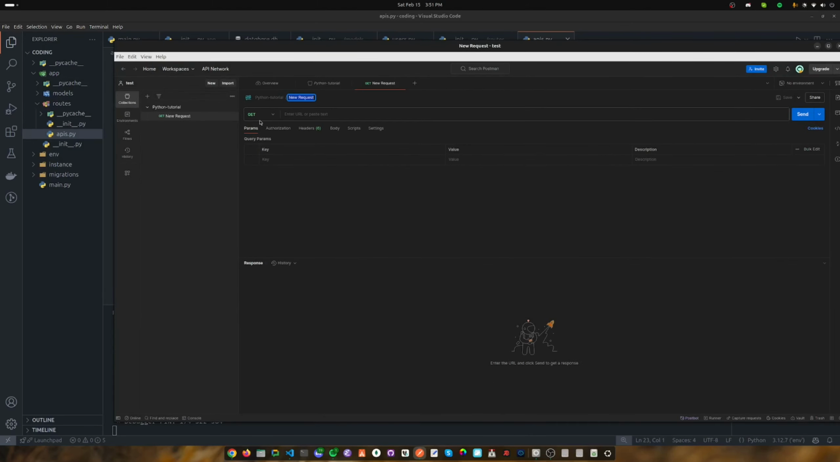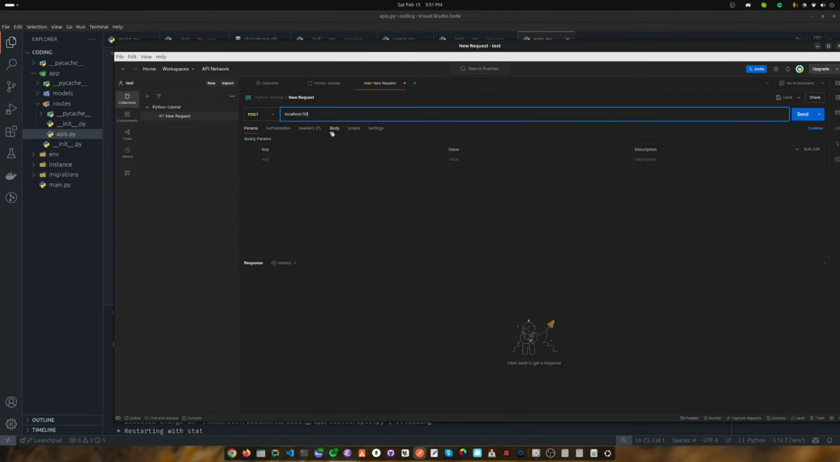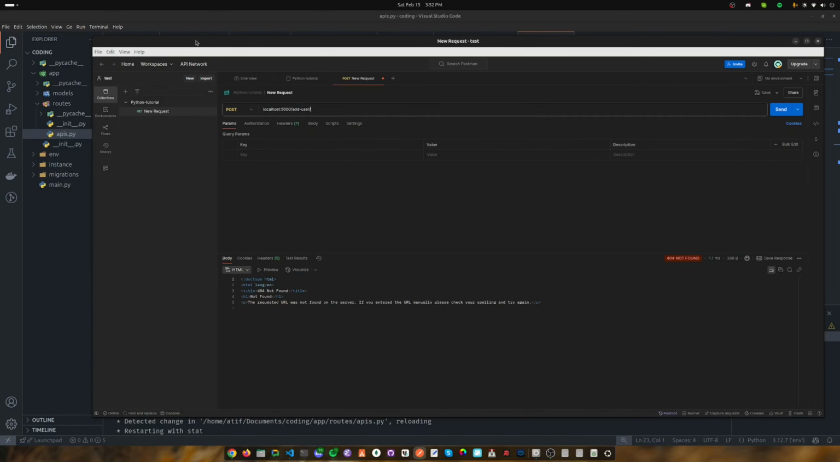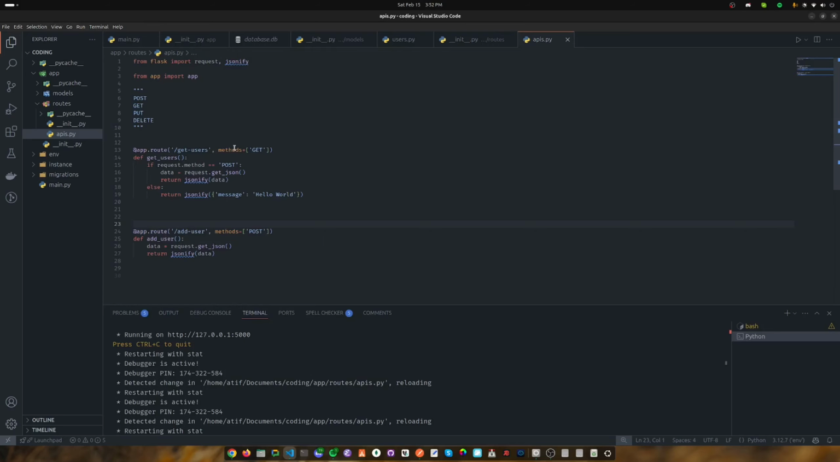And in our case, it's a post call, so I will name it as post. And then I will add localhost and the port on whichever application is running. So it's 5000. And I have to add user. If I hit this, you will see immediately it's returning add user is not found, and that is because